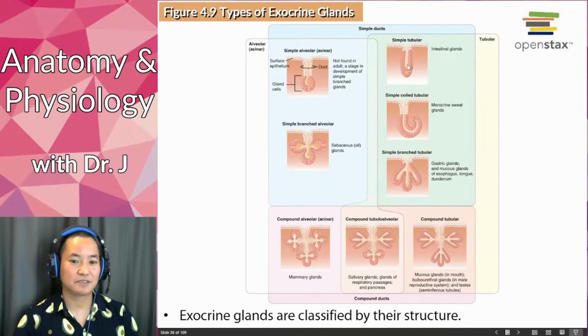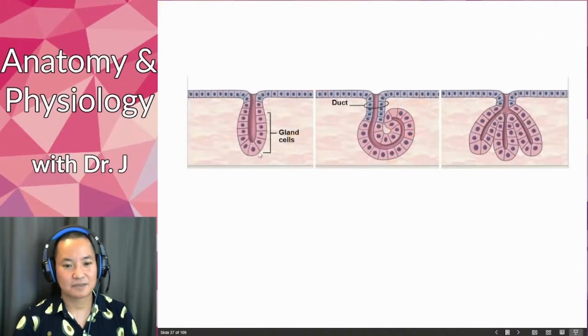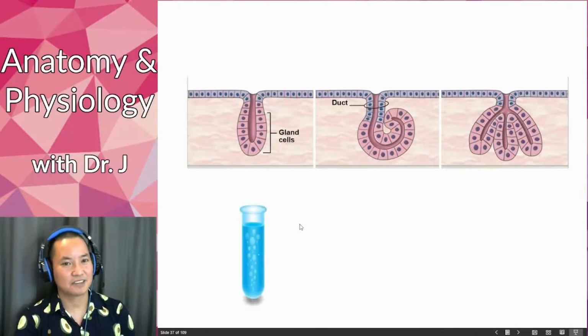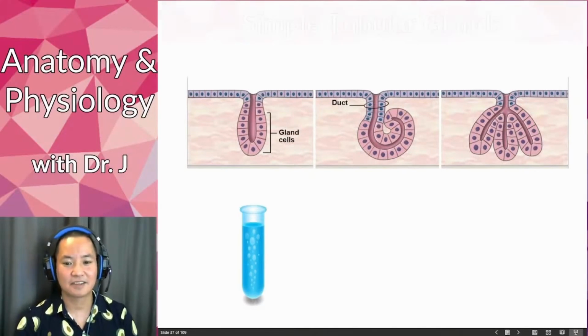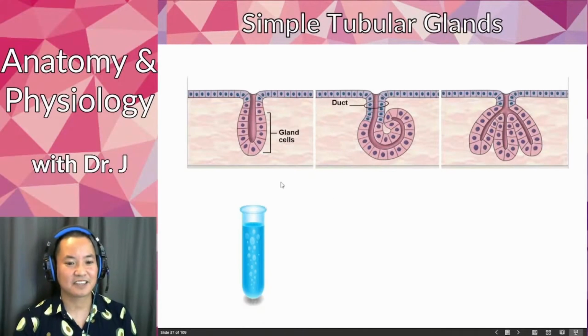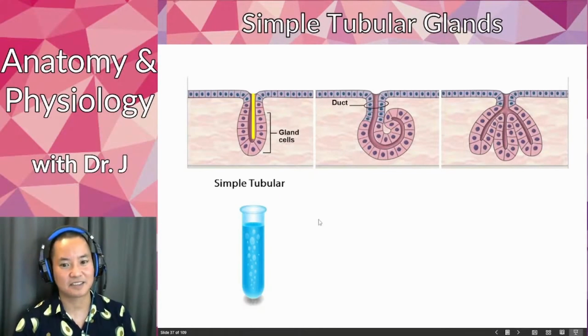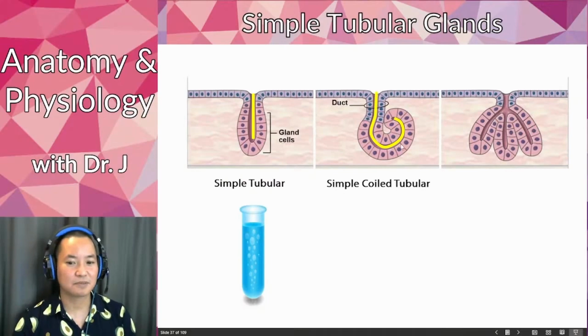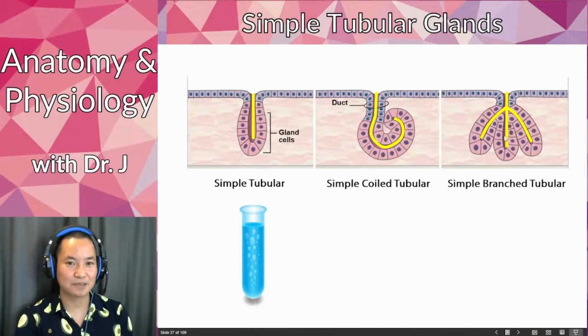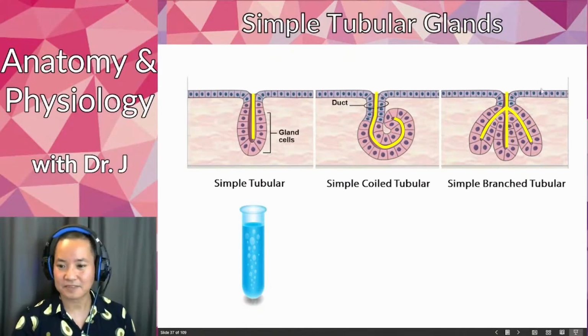But you have some that are tubular. They're not round, they're more elongated. Sometimes they form coils, sometimes they're branched as well. So here we have tubes. Tubes are like test tubes. They're long and they're round. And what we have are simple tubular glands. Here we have a simple tubular because it looks like a test tube. Here we have a simple coiled tubular, so it's like a test tube but coiled around. And here we have a simple branched tubular. When it says branched and simple, you might wonder what's the difference between that and complex? Well, notice that it's only branching once and that's it.